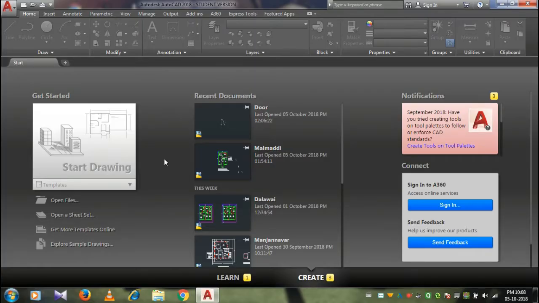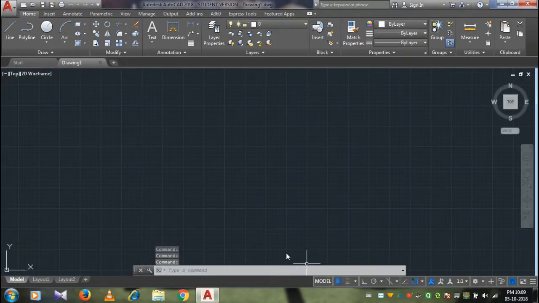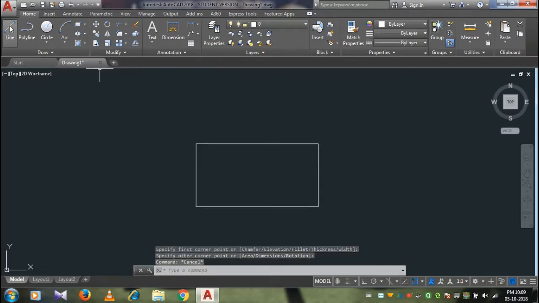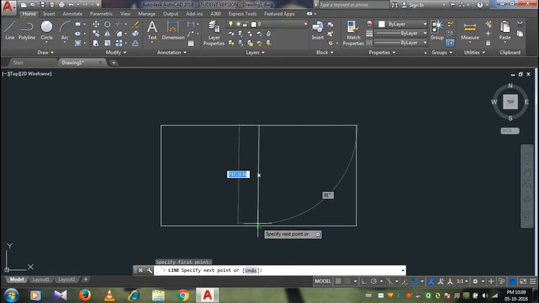Well guys, today I'm going to show you how to trim and extend a line. Okay, now for example, I'll remove the grid mode. I am not comfortable with it. Okay, for example, let us take a rectangle. Just for example guys, draw a rectangle of any size and take a line, switch on the ortho mode,